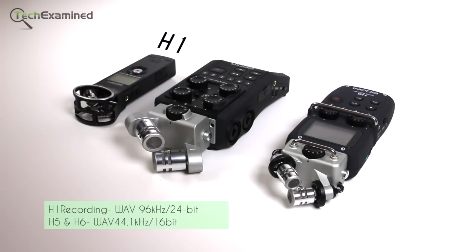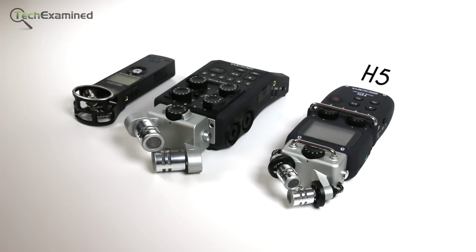Alright guys, so I have each one of these lined up, and this test is going to be run through all three, so you'll get to hear exactly what I'm saying when I'm saying it. And right now, we are recording, and I want to give you guys a test of what each one sounds like by simply talking. Now, I'm going to go through and change the source of each one that we're recording